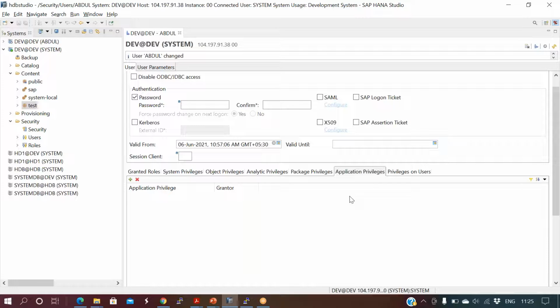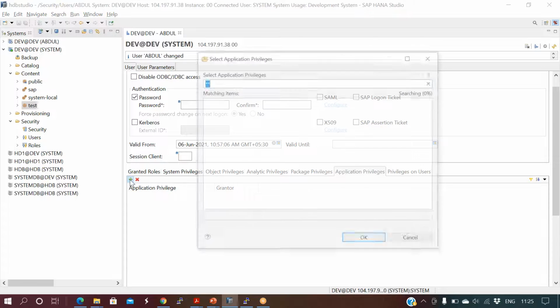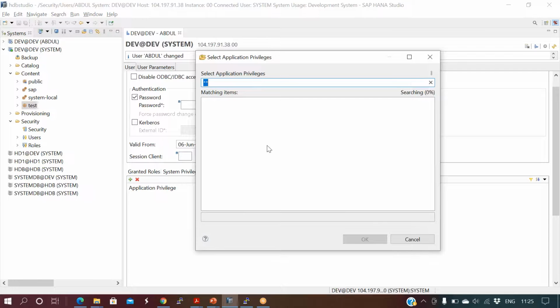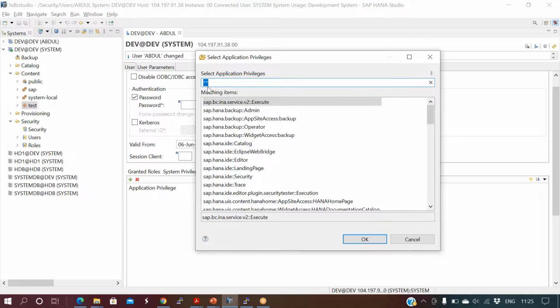If you have any custom application privileges, then the restricted user can access it from the URL. Inside that there are a lot of web-based applications. For example, you can take backups with the SAP_HANA_BACKUP_ADMIN, which is web-based. If you assign this to the restricted user and they try to log in to the URLs,